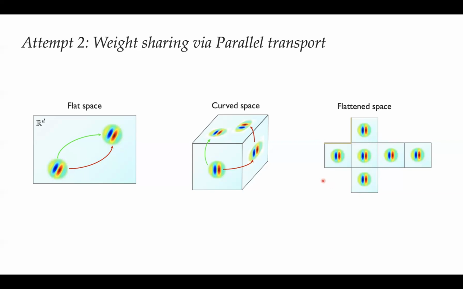We could cut the shape. In this case, it's easy for a cube. We lay it out flat like this, and we just say, okay, we'll just use this orientation. We use a canonical gauge, a fixed gauge in this flattened shape. And this will work, but you will now have discontinuities along the edges that were cut.